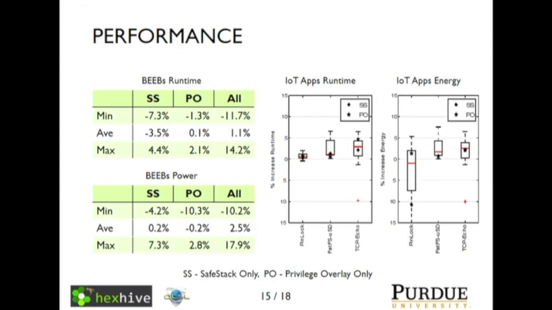You'll notice, so PINLOCK is I/O bound, waiting on a serial port to input a pin. And so it has a very tight runtime distribution because most of any overhead's hidden by that I/O bound. However, there's a large distribution in its energy usage because what it's doing while it's waiting changes, or what it's executing while it's waiting changes slightly.